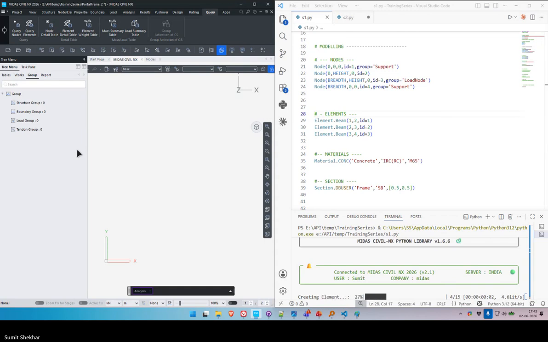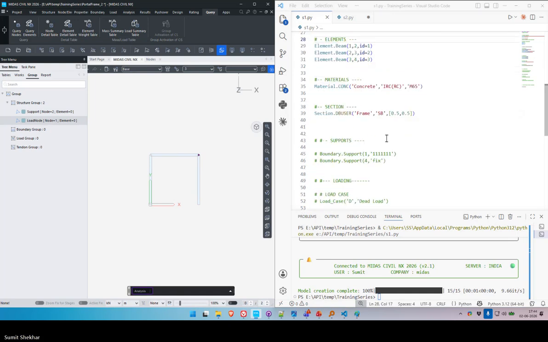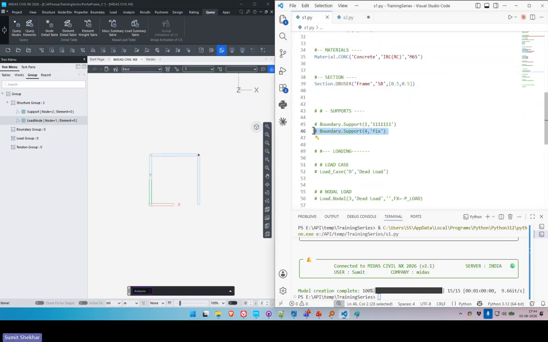So here you can see it has created a structure group called support, which has two nodes. If I double click on it, I can see the two nodes. If I double click on this one, I can see this load node. Now, when I come to the support,